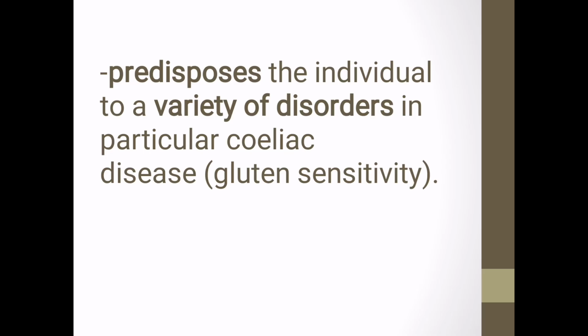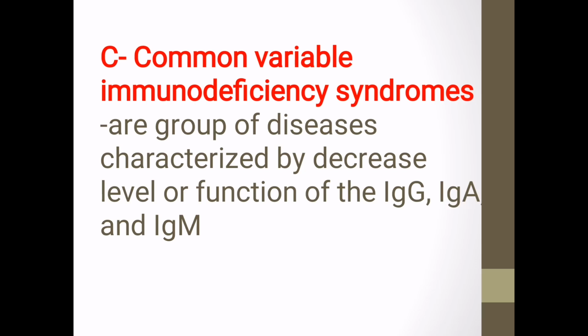بيكتشفوه بالصدفة. كويس. ودايما البيشنت اللي بيكون عندهم selective IgA deficiency ممكن يكون عندهم gluten sensitivity، عندهم حساسية القمح، عندهم celiac disease. Okay. طيب common variable immune deficiency, these are a group of diseases characterized by decrease in the level or